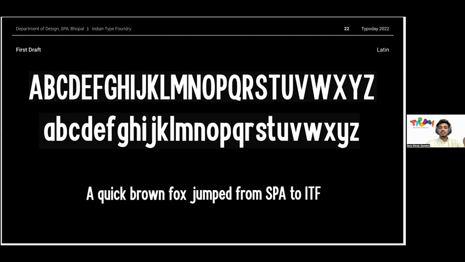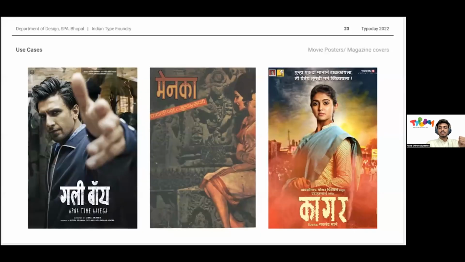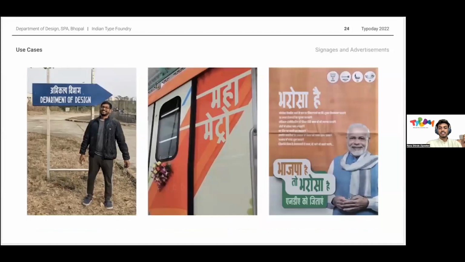Currently, I am focusing on working on Devanagari weights and creating the conjuncts, and then eventually we'll work on other scripts as well. These are some of the mockups and uses of the Mohalla typeface, where you can use it on movie posters, signages, and advertisements. So yeah,